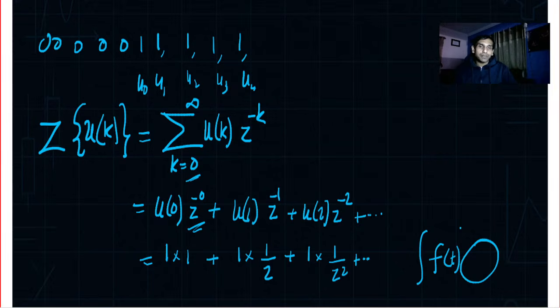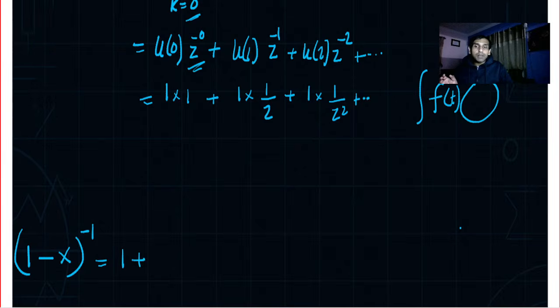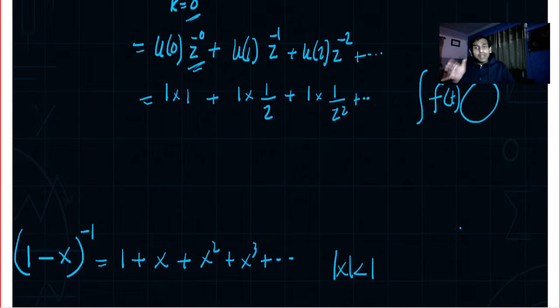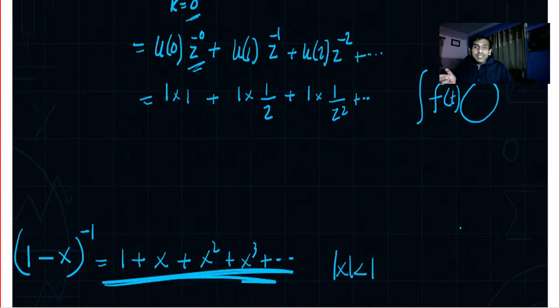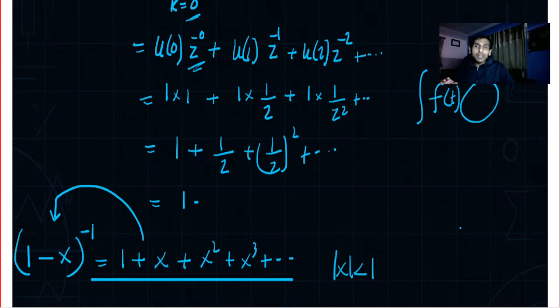Now let me see how many of you learned geometric series properly. When we learned geometric series, we learned something called 1 minus x the whole power minus 1. It is given by 1 plus x plus x square plus x cube plus etc., provided mod x is less than 1. But now I want the reverse version. When you see this, I want you to recognize 1 minus x the whole power minus 1. So can you see I have 1 plus 1 by z plus 1 by z the whole square plus etc. which will be 1 minus 1 by